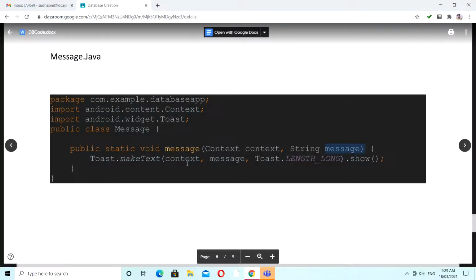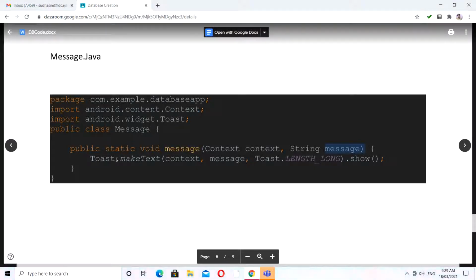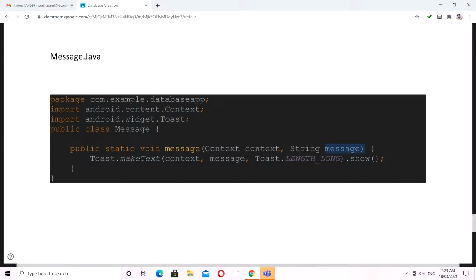So why we are having this Message.java is that whenever within your project you want to display any kind of information, apart from writing Toast.makeText in each and every place, we are just going to call this method itself. Okay, so I hope I'm making it clear.